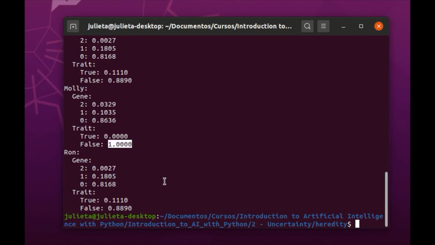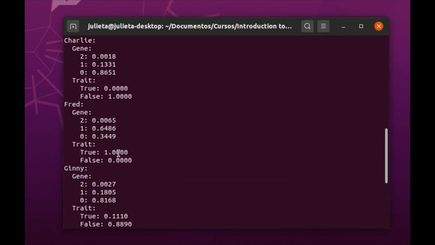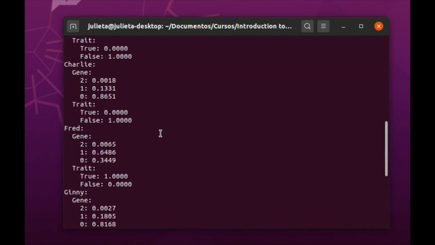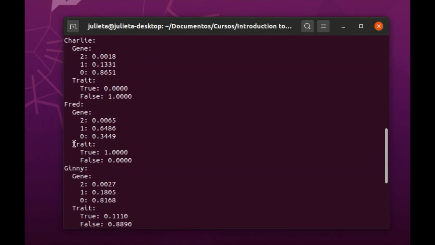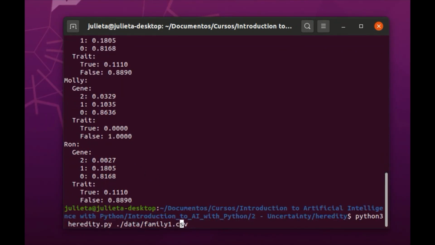So all except for Fred are more likely to have 0 copies of the gene, as we see here. But Fred, because we know he has the trait, is more likely to have at least one copy of the gene. And the last example is family 2,